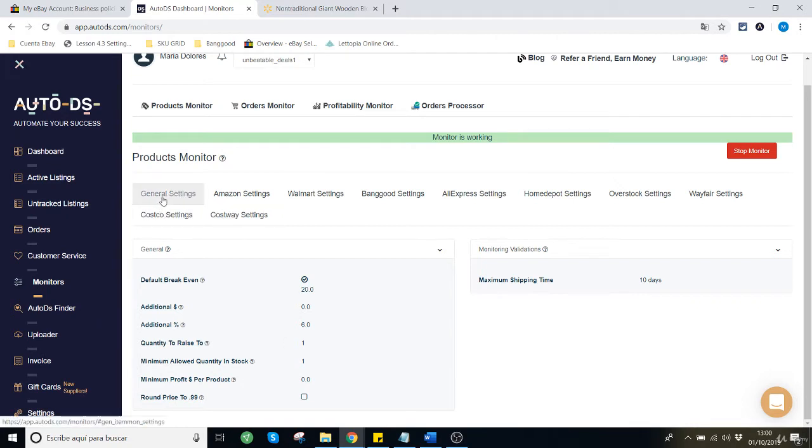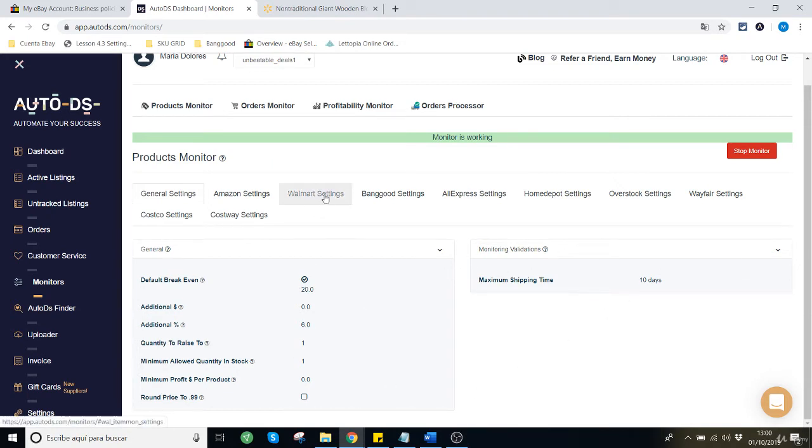We are going to come to the general settings first, but I want to let you know that, as you can see, there are many settings, one for every supplier that AutoDS has. If you make your general settings, this will be configured for your account.